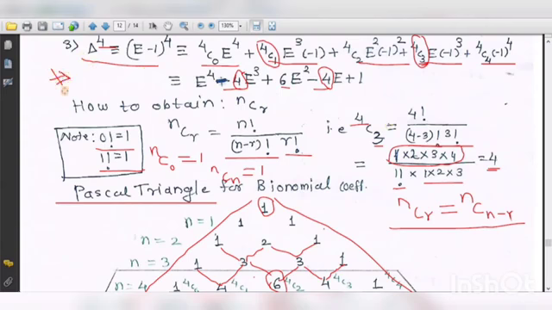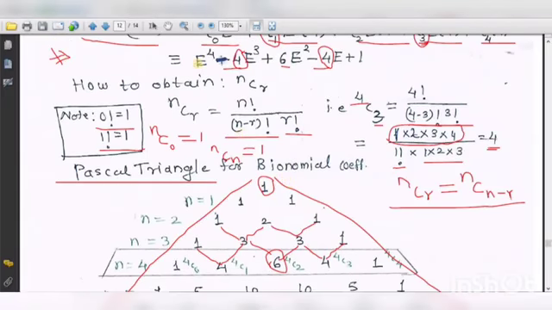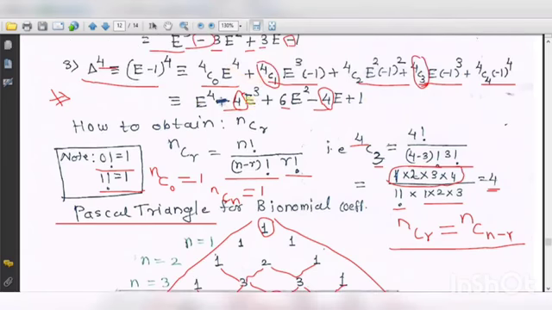Okay, this expansion. Now if I want to write it directly, what I will do here, I will write all the powers of e in a decreasing manner. Look at here, maximum power e raised to 4, e cube, then e square, then e, and then as there are powers of minus 1, we will give alternate positive negative sign.